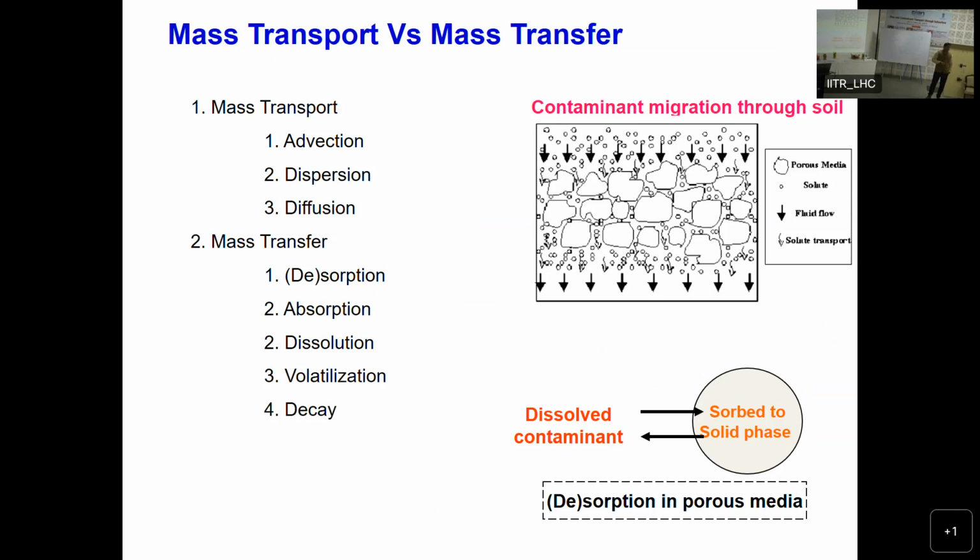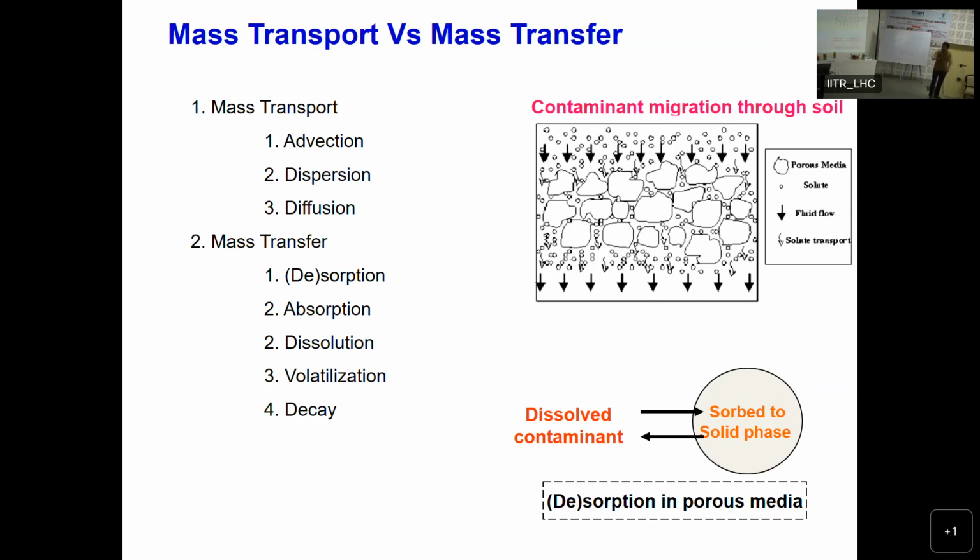At the same time, the mass can also transfer from one form to another form. Maybe contaminants are there in the soil water, so they can be absorbed or adsorbed by these soil particles. That is going to be in solid form. At the same time there can be dissolution as well as volatilization if VOCs are there, and the decay or the attachment or detachment of the microbes or the pathogens which are there in the soil